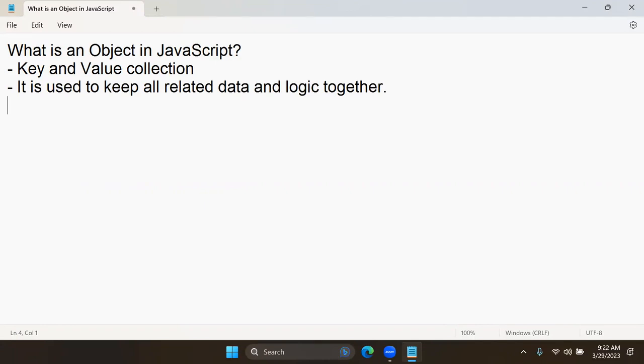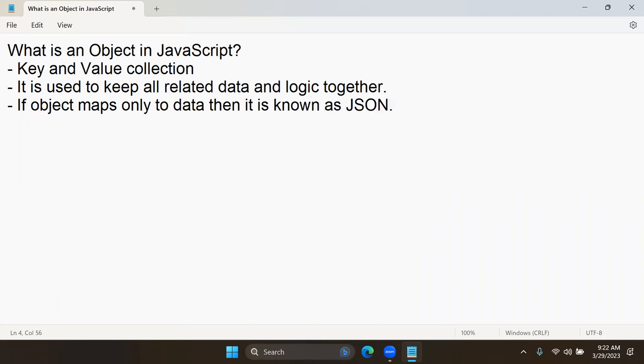And if an object maps only to data, then it is known as JSON. So we call this JSON. JSON is what? JavaScript Object Notation. And while working with JSON, what are the key things you need to understand is